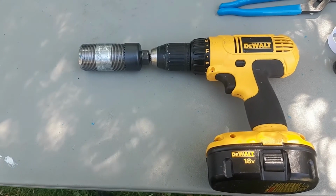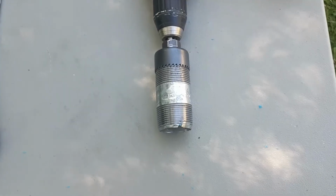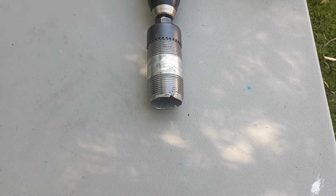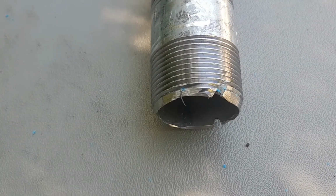Right, so now we have to put threads into the hole we just cut. Normally you would do that with a tap. A tap on Amazon for a 1.5 inch hole is about $400, which is way more than I wanted to spend. So what I did was I got a piece of pipe, 1.5 inches, and I've sanded down the edges, and I've cut a couple of notches into it,